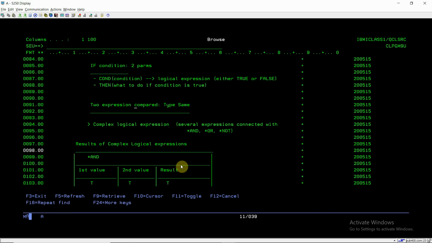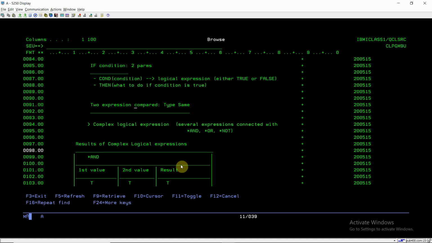Now this brings us to the complex logical expression. A complex logical expression means we will be comparing more than one expression. Those expressions must be of the same type.